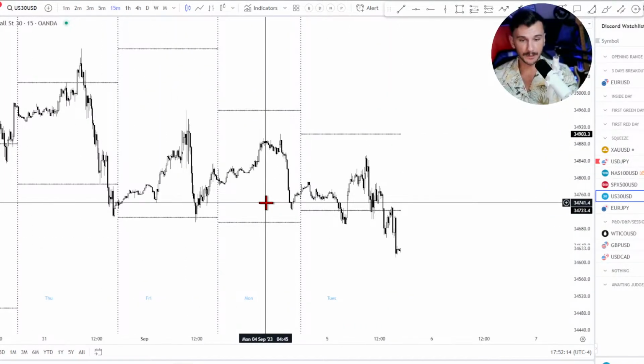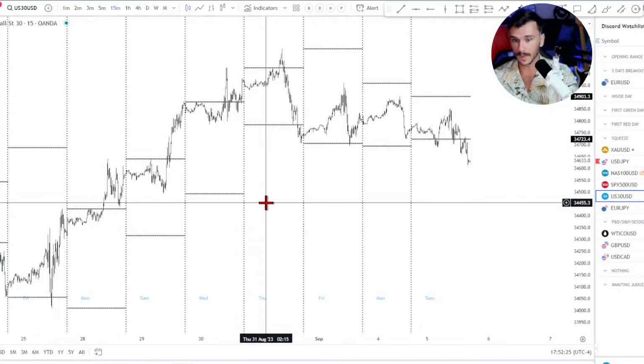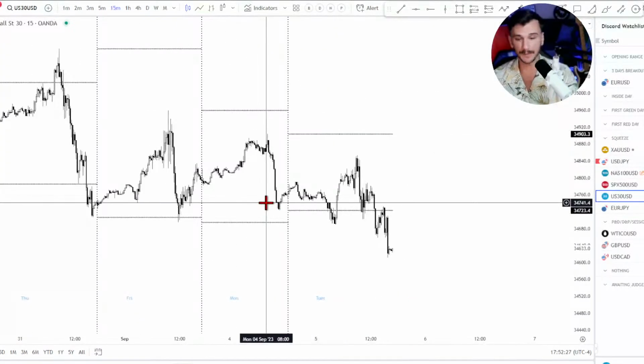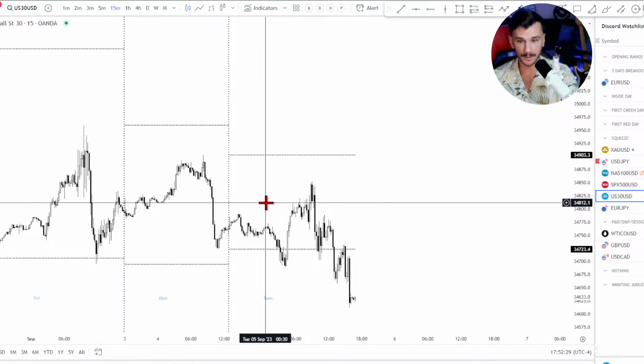Develop your own entry criteria. If mine doesn't resonate with you because you don't like the 1-minute chart and you want to trade off the 5-minute chart, that's perfectly fine. There's 100 different ways to do the same exact thing, and they all work. It's just a matter of you actually doing them consistently. And I guess that's kind of where trading comes in.